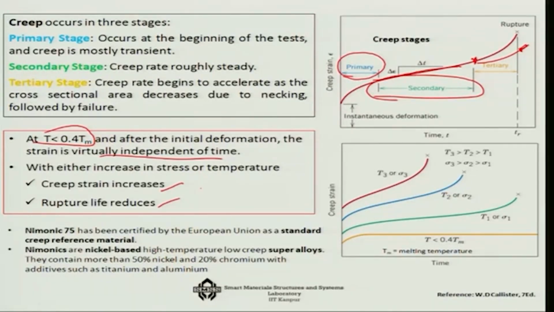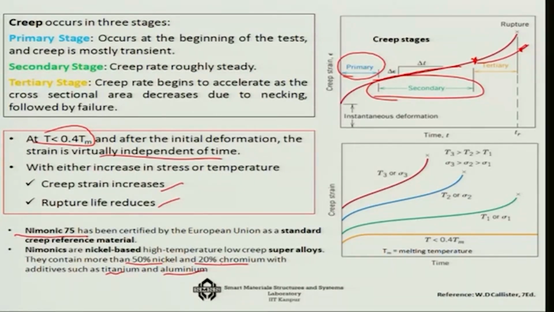Now, to do all these things, we use Nimonic 75. This is an EU, actually European Union, standard as the creep reference material. So, any new material you want to test, you test it with respect to Nimonic. These Nimonics are basically nickel based super alloys, okay, and they contain about 50% nickel and 20% chromium, with some additives such as titanium and aluminum. So, with respect to this reference, you can actually measure